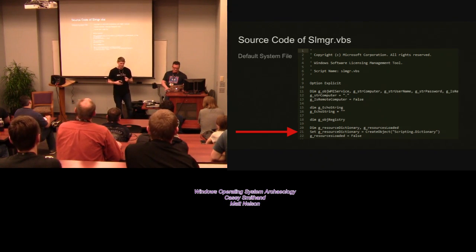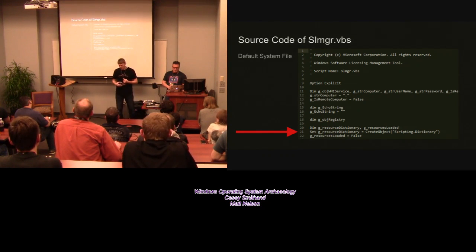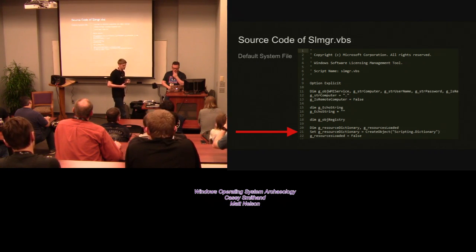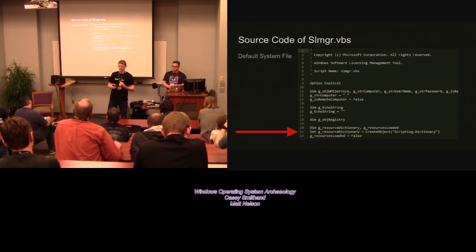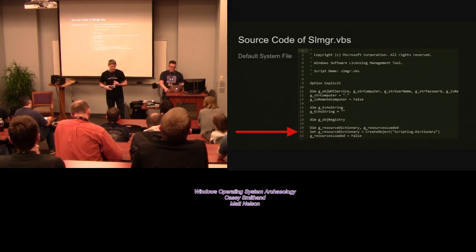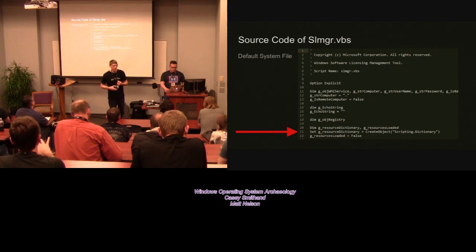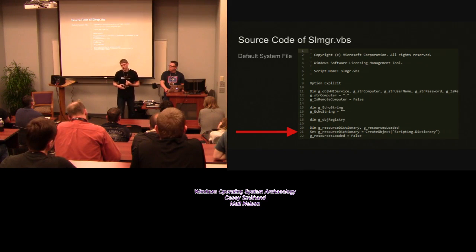So tread cautiously there. So the way that this works is slmgr.vbs. This can go for anything that looks for a COM object. We talked about persistence, how it was looking for this specific COM object when a user logged in, and we can hijack it. This is a similar thing, only this is in the aspect of getting around command line logging. This is VB script that exists on Windows. It's signed. One of the first things it actually does is create scripting.dictionary to use. So if we create that in the HK current user hive, we create scripting.dictionary and give it the scriptlet URL